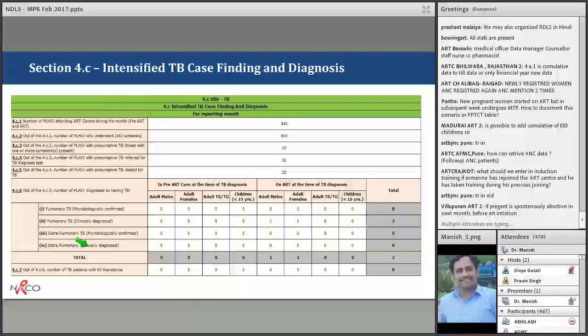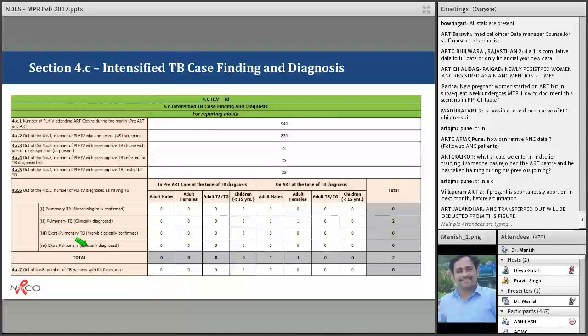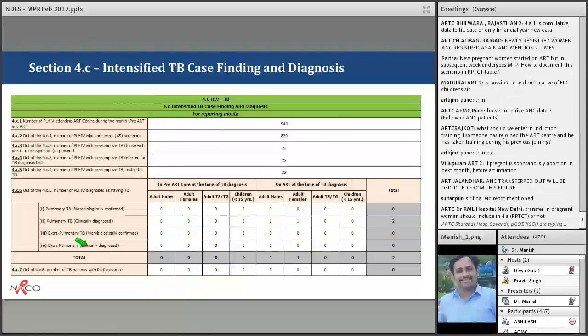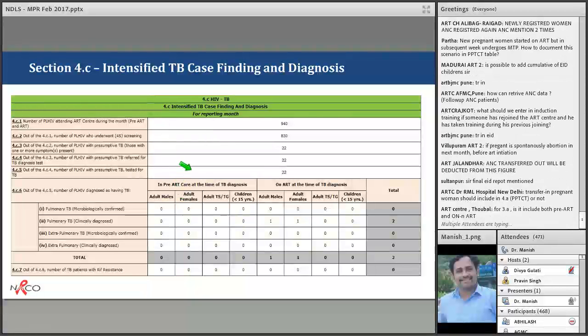So next, again, very important section is HIV TB, and I'll request all the centers, please call your staff nurses for this particular section. So staff nurses are the key person for filling this report. And trainings for all the ART centers has been done for this particular format. So this is not new. Yes, it has been recently included in MPR, but separate training under AIC training